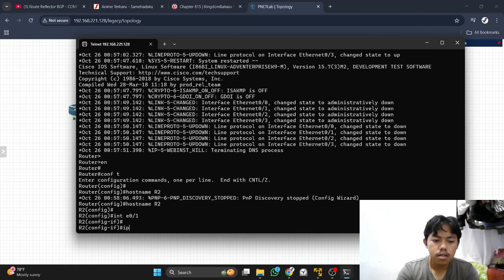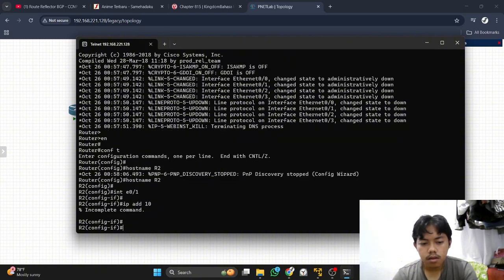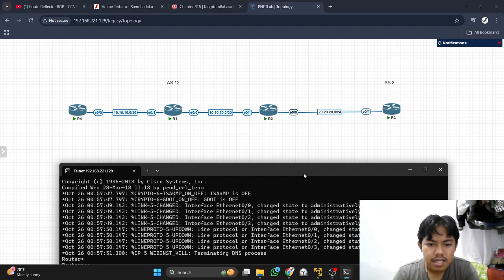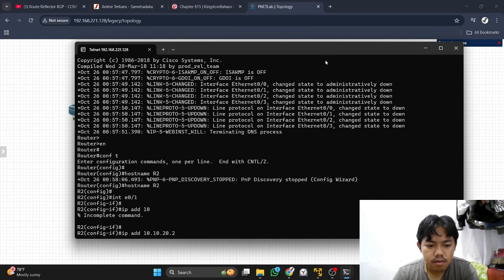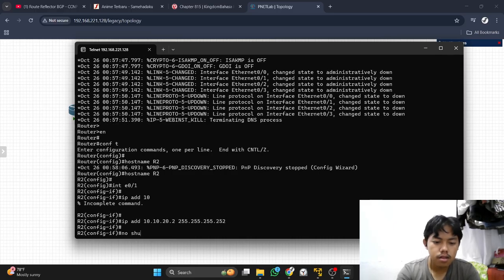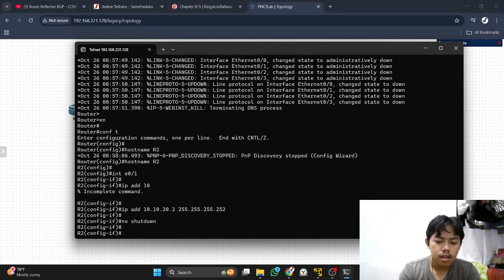Interface IP address and subnet. Now no shutdown and exit.